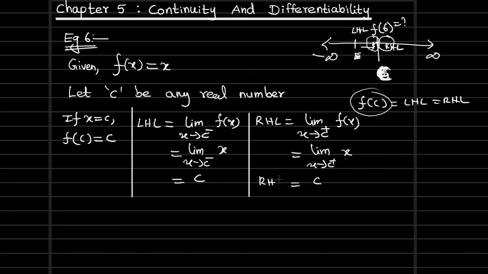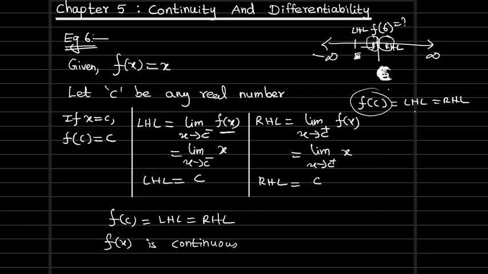So the right hand limit also, what are we getting? The same c. The left hand side also we got the same c. And f of c is also the same here. So the f of c value, left hand limit and right hand limit, everything coincides. So what we can say is the function is continuous. In case we get different results, then we will not say the function is continuous. See, at x equal to c, what result are we getting? Even for close values, approximately we are getting c only. So the function is continuous.